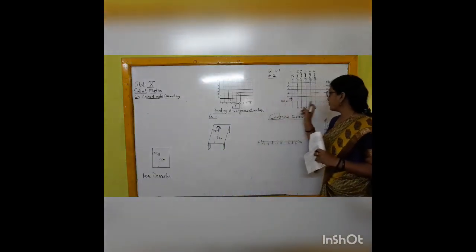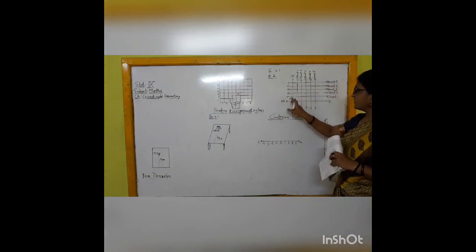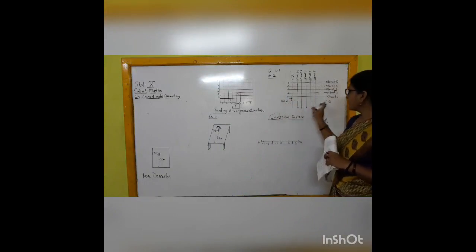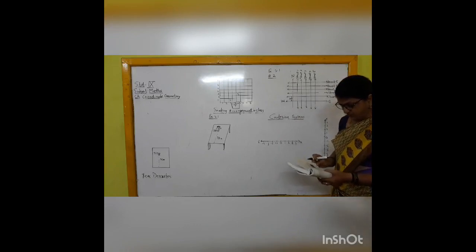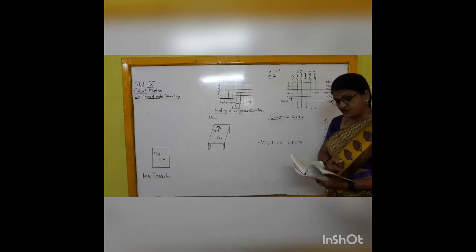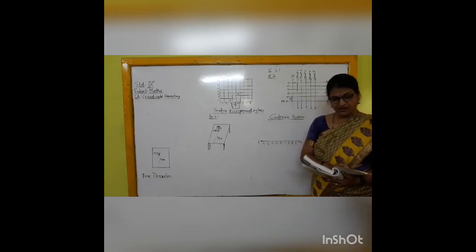These are the two main roads crossing each other at the center of the city. One road goes from east to west and the other from north to south. Now, the two roads run along the north-south and east-west directions. All the other streets of the city run parallel to these roads.